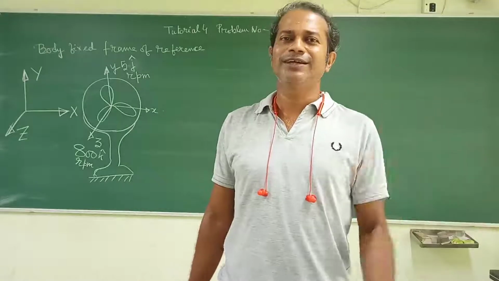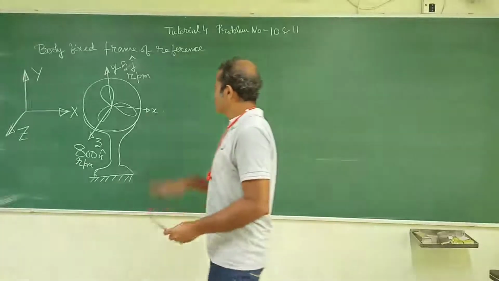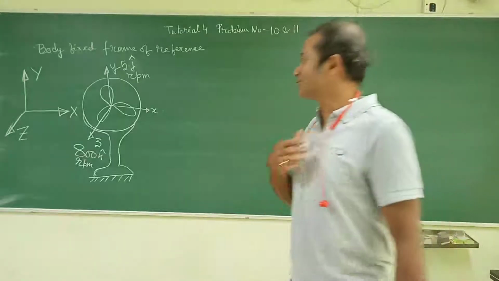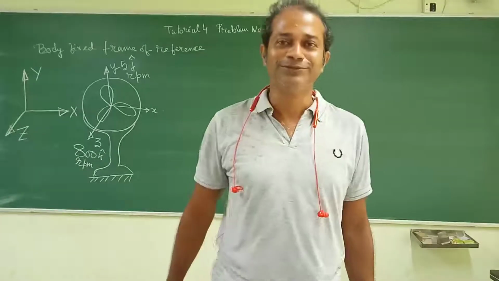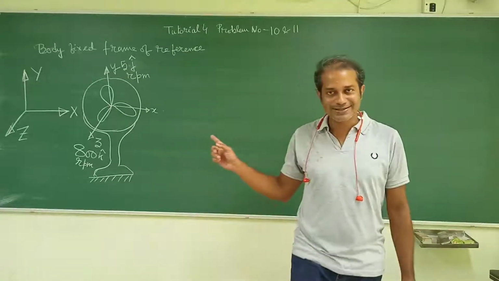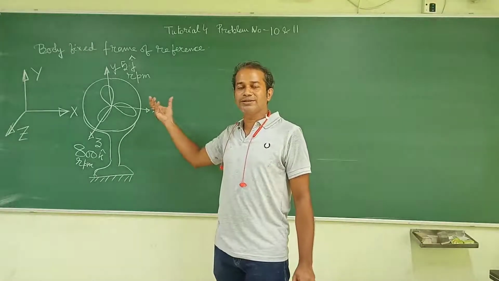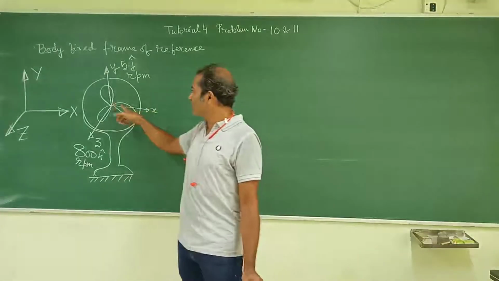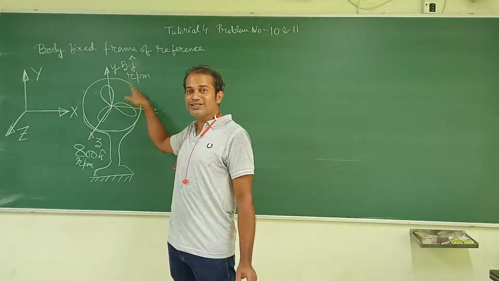Without using any complicated wording, let's give an example, because that example becomes the best definition. Think about this table fan, which I discussed in many previous classes. In this table fan you identify the hero. Who is the hero? Of course you will say the blades, because when you design a table fan, you look into the speed, the rate at which it is going to precess, and the inertial properties of the blade.